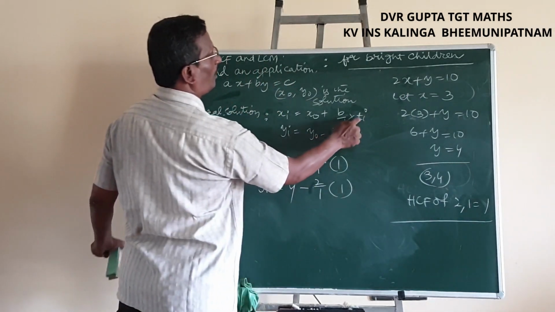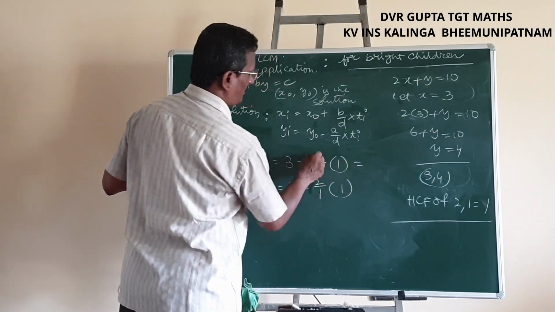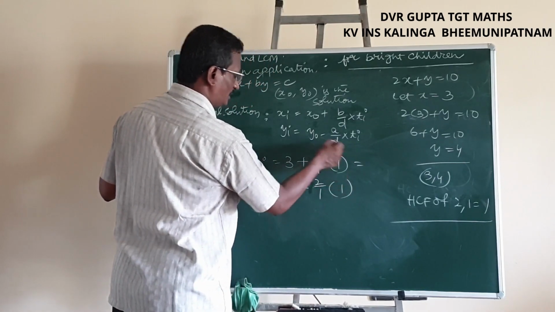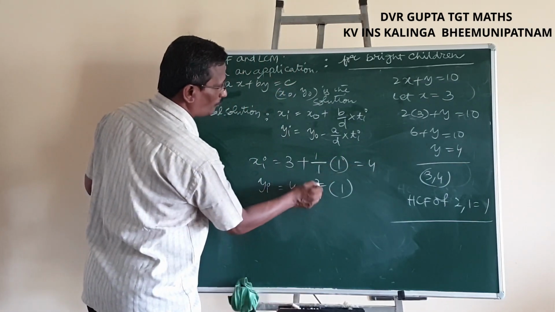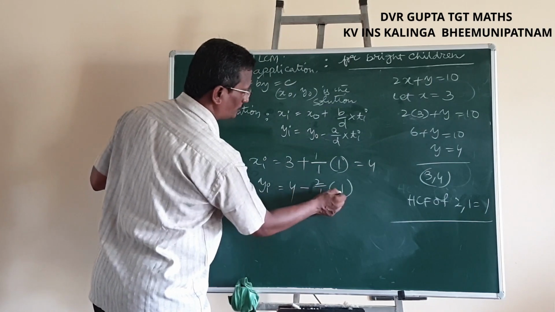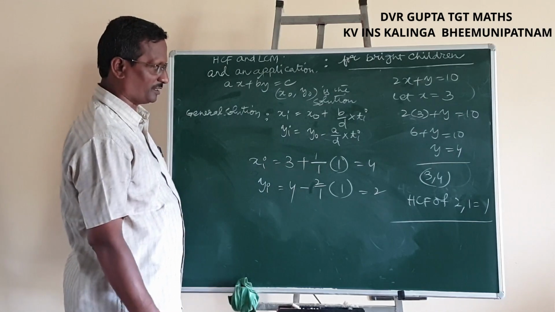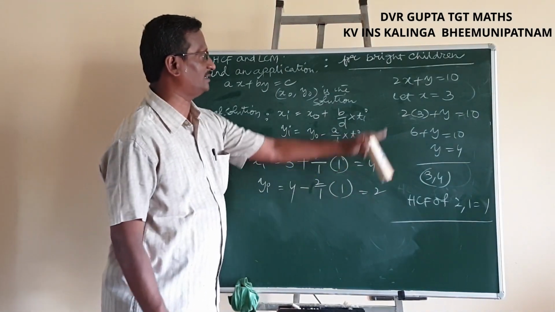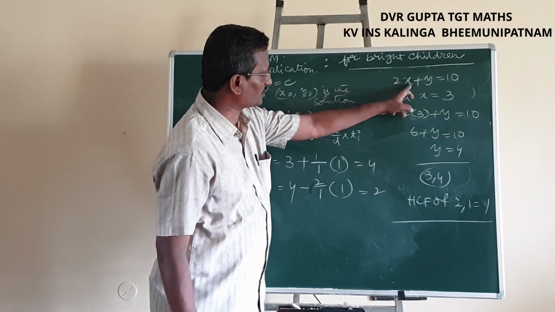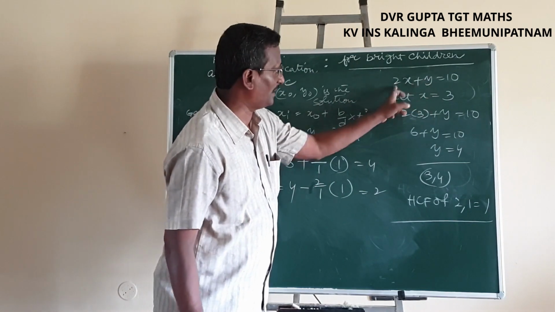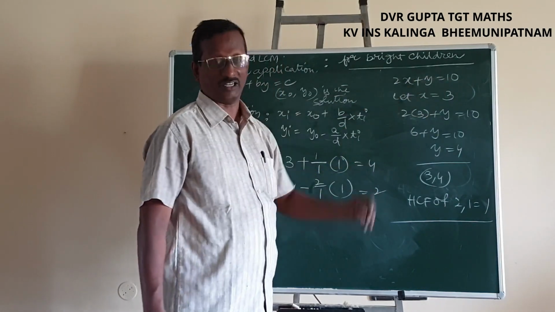So when I give the value of ti as integer 1, then I get one solution. 1 by 1, 1. 1 into 1, 1. This 1 plus 3 is equal to 4. Here 2 by 1 is equal to 2, into 1, 2. 4 minus 2 is equal to 2. So 4 comma 2 is another solution. Let us check whether this satisfies the equation or not. When I substitute x is equal to 4, 2 4s are 8 plus 2, 10. LHS is 10 and RHS is already 10. Therefore 4 comma 2 is satisfied.